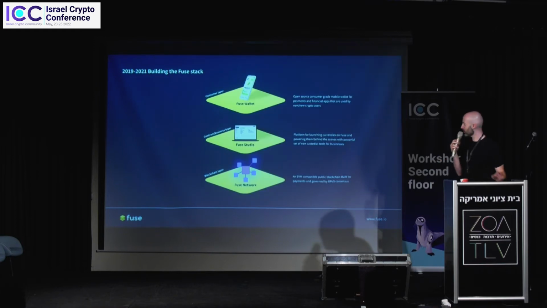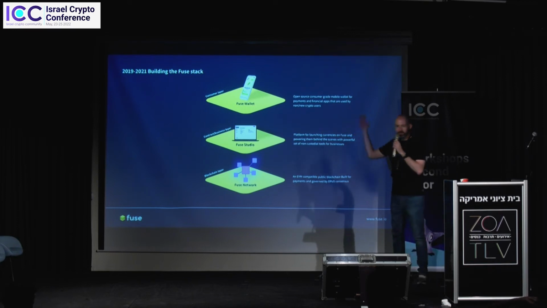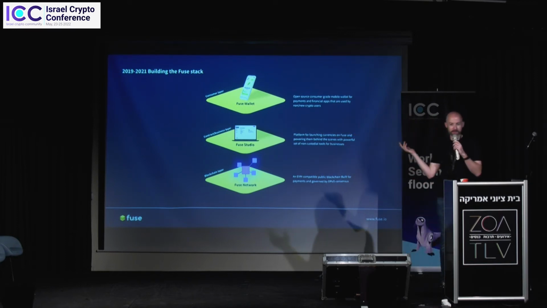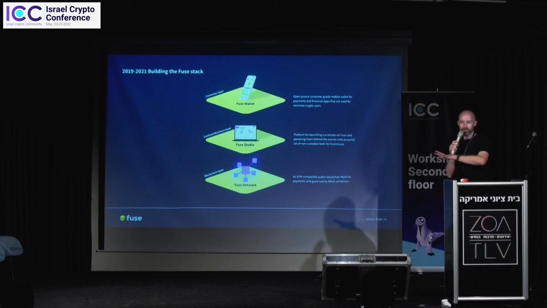So just to explain a bit about the stack, we have an EVM. On top of the EVM, we have the middleware, which is the Charge. In the past, we called it the Studio when it was for non-technical people. And then the Fuse wallet. And the idea is to create vertical integration by having one foot in the L1 and one foot on the consumer side. You can start thinking about an experience that's like the browser moment